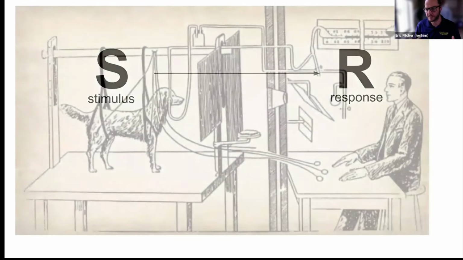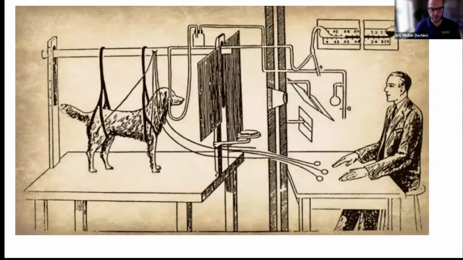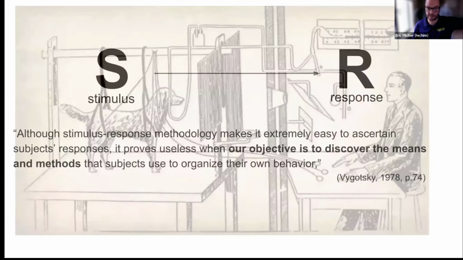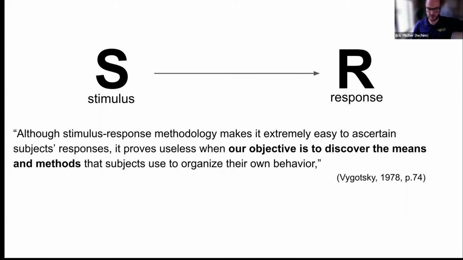stimulus response study. This, of course, has its deep roots in Pavlov, who at the time in Russia proved that dogs drool when they hear a bell ring. This has laid the groundwork for a lot of experimental studies in the social sciences, but one of his contemporaries, Lev Vygotsky, questioned that simplicity, that, yeah, sure,